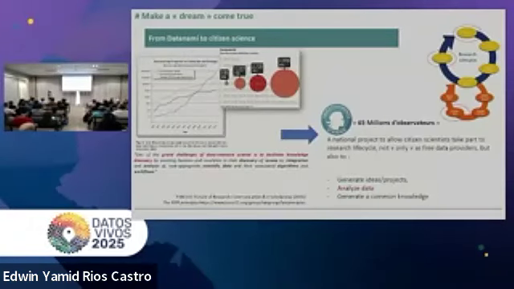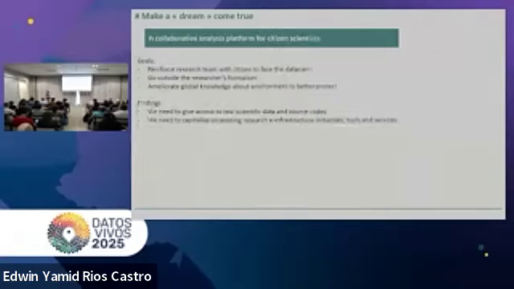The origin is a national project in France called 65 million observers, where the goal was to involve each French person in science. And I was recruited in the National Museum of Natural History to develop an innovative part to involve citizens in analysis of scientific data. Why? Because of data abundance, we need to have power, but in fact this is not power from IT we need, but power from people, maybe.